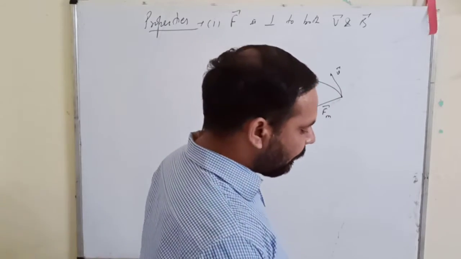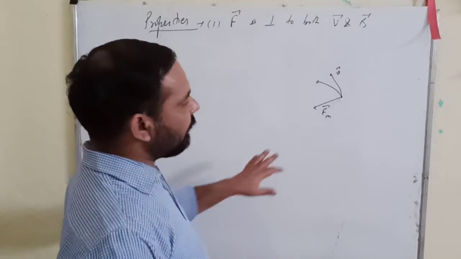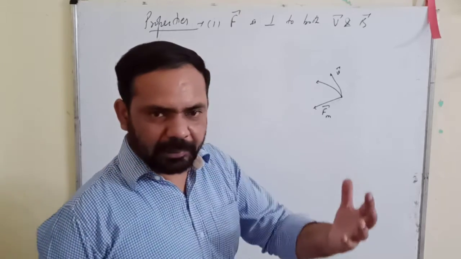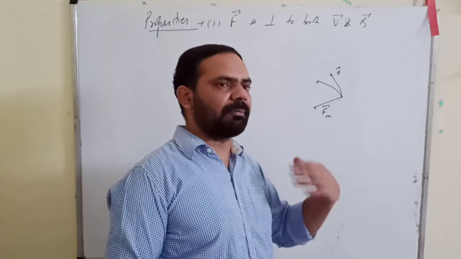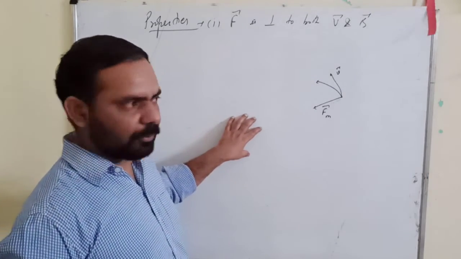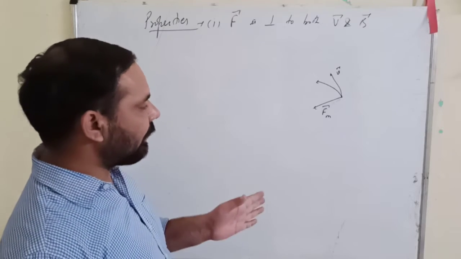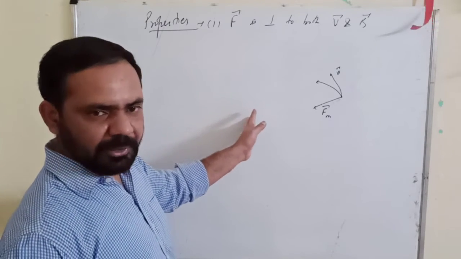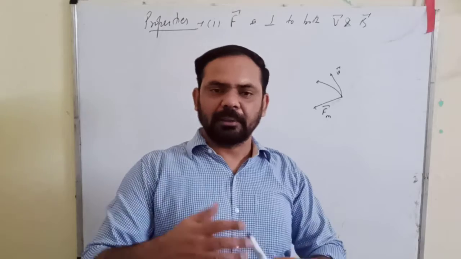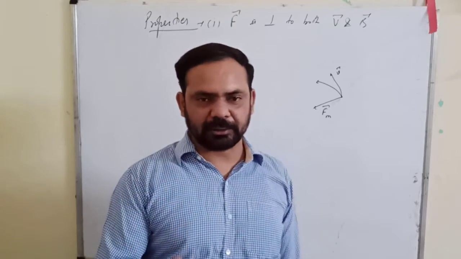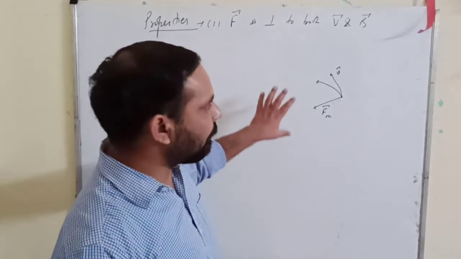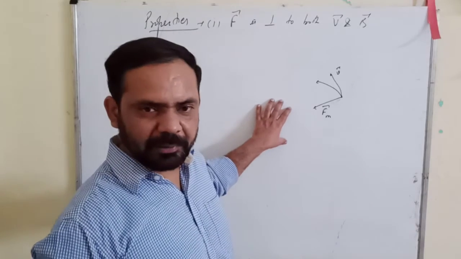Okay. Then second point is that the dependence of force on velocity can be used to identify which type of field is present at a particular place or region. Okay. What kind of field is present there? How can you obtain this? You make a charge flow through the region. If the velocity of the charge changes, if the magnitude of velocity, the speed of the charge changes, meaning the charge speeds up or slows down, then the place must have an electric field.